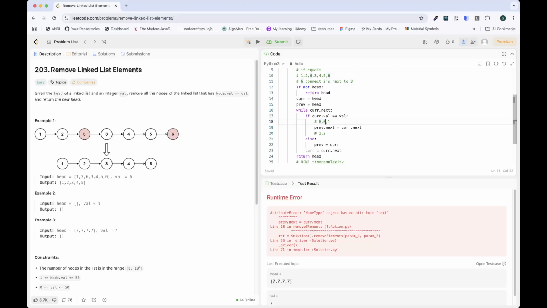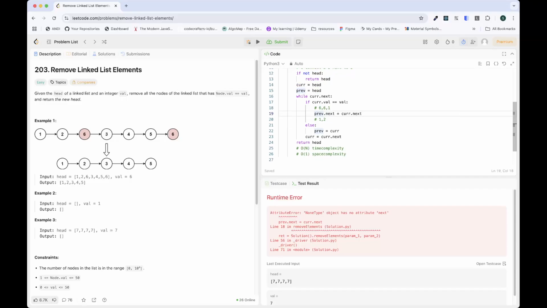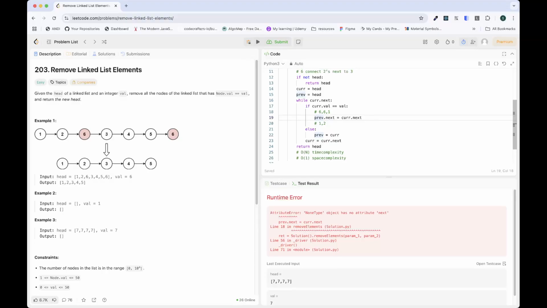Prev is actually with our cur, and we check that it's equal to, yeah. So I see the problem is if the linked list actually starts with the